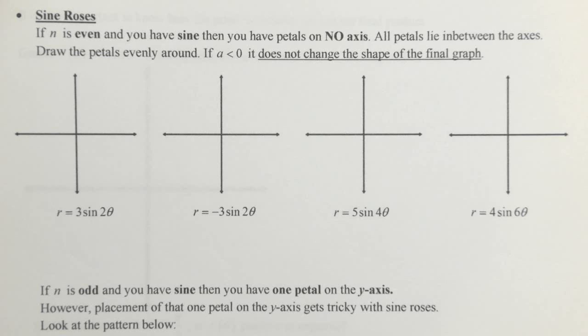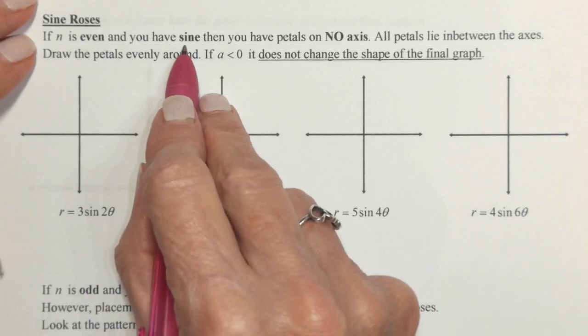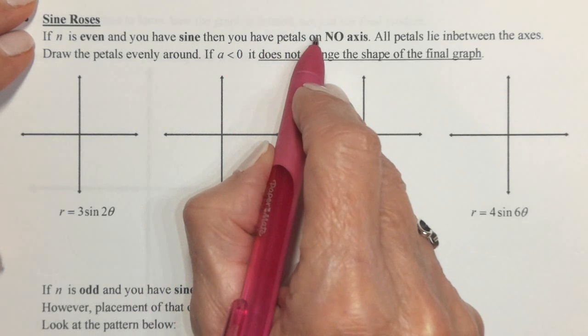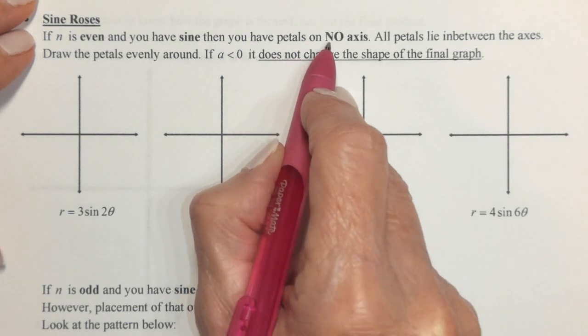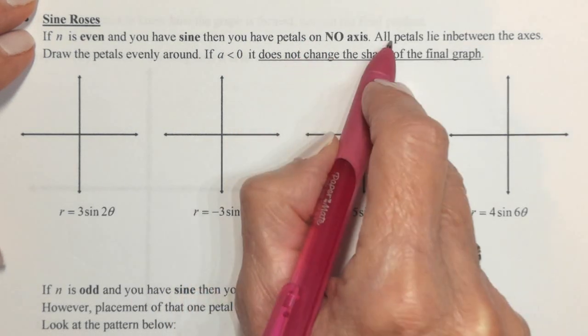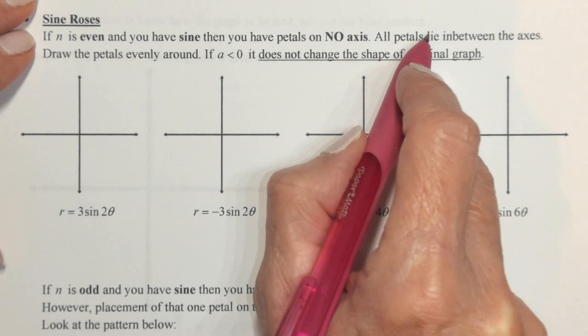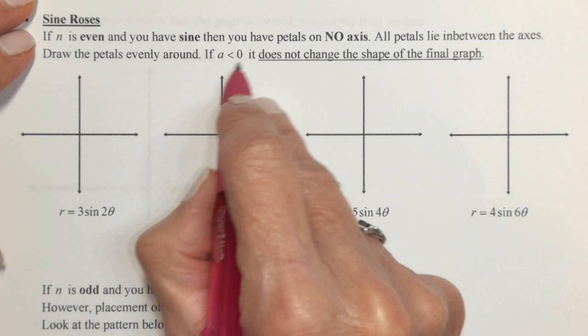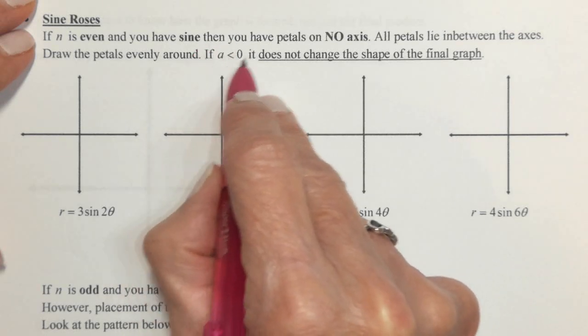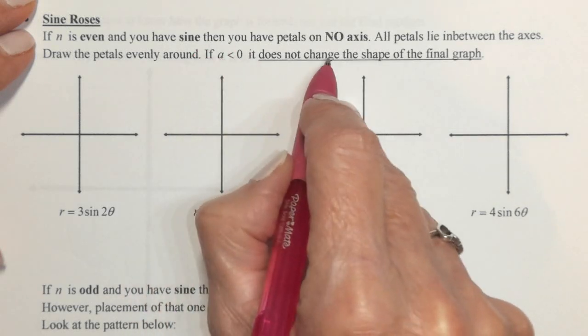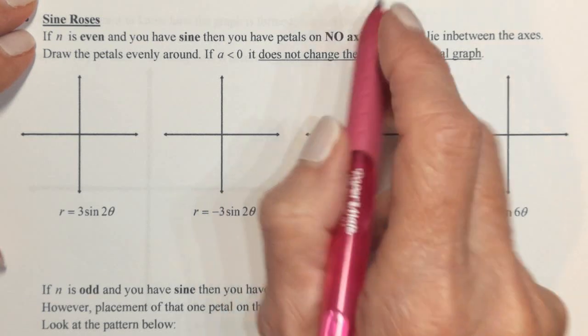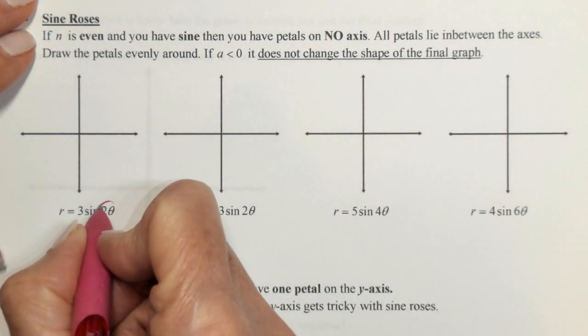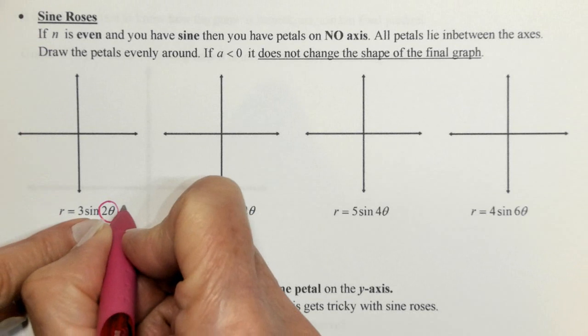If n is even and you have a sine, then you're not going to have petals on any x-axis. All petals lie in between the axes. Okay? Once again, just like for cosine, if a is less than 0, it does not change the shape of the final graph. So here, when I see sine of 2 theta, well, it's 2 theta, so I think double